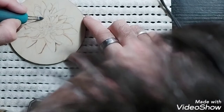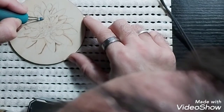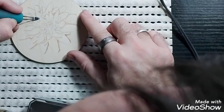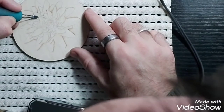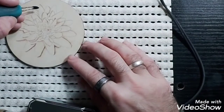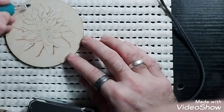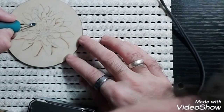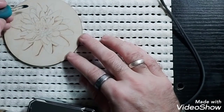So if you see here, I haven't quite finished it, but this petal would sit over the top of this one. This has all just been done through imagination, not working off any reference picture. Sometimes it's good just to challenge yourself and just